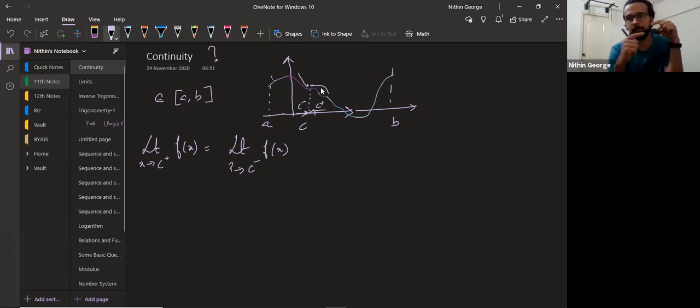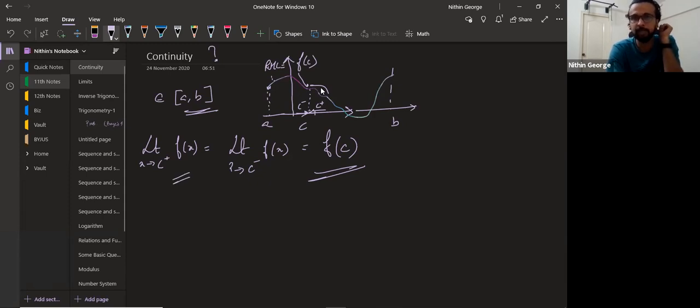As you can see that both are getting the same value, and at the same time, now is when you bring the value of the function, f of c. When these three components are equal, you will say the function is continuous at that point. Are you following? Now, if you're checking between A and B, and at the point A, how do you check if it's continuous? You just check if the RHL, right hand limit, is equal to value of the function at that point. There is no left hand limit defined for that function.